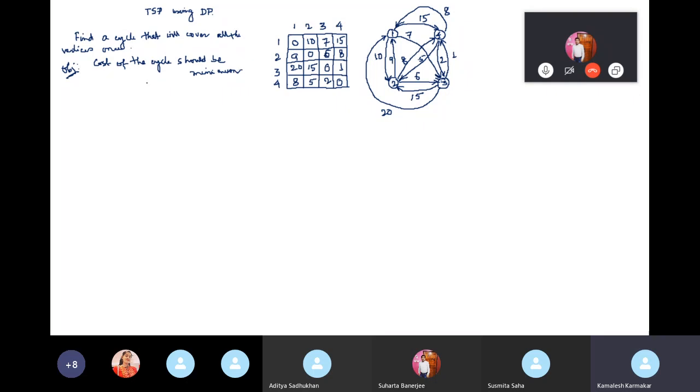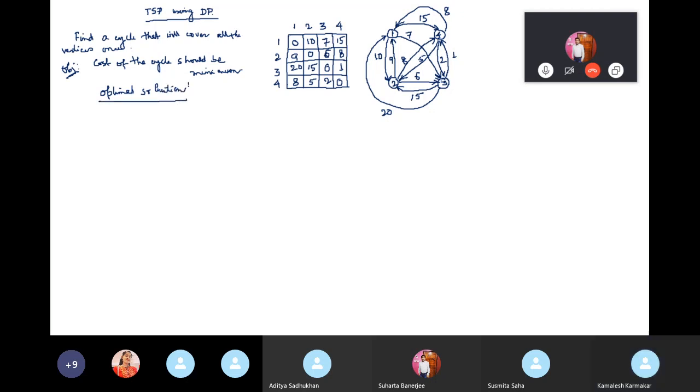So how to find this cycle? We will start with this algorithm. So how will this algorithm help us find this cycle which will give us optimal cost? So dynamic programming gives you optimal cost. As we have discussed earlier, using a greedy approach or an approximation technique, we can find a near optimal solution, but it will not guarantee that the solution will be optimal. But here we will find an optimal solution. So using dynamic programming, we will get the optimal solution.